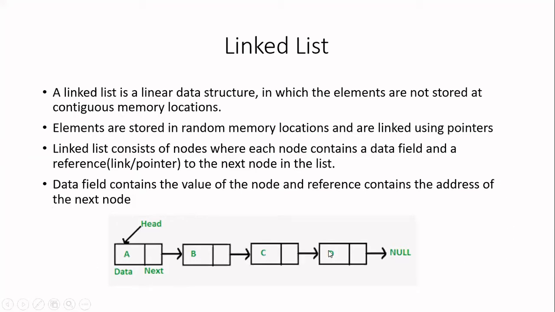Now here I have given one example of a linked list. There are 4 nodes available here. Each one is called a node. A node here consists of 2 fields. One is the data field, another is the address field or link field or next field. In the data field we are going to store the value, whatever value you want to store in the node. The link field, that is the next field, will contain the memory address of the next node, because you want to travel from one node to another node. To get the memory address of the next node, we have this next field.